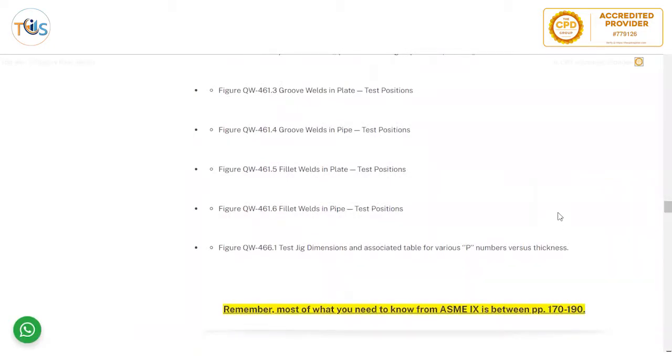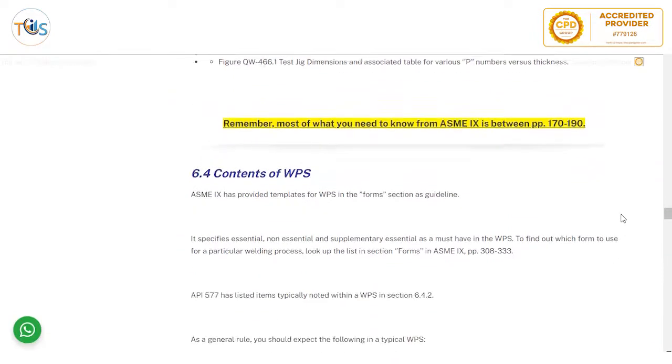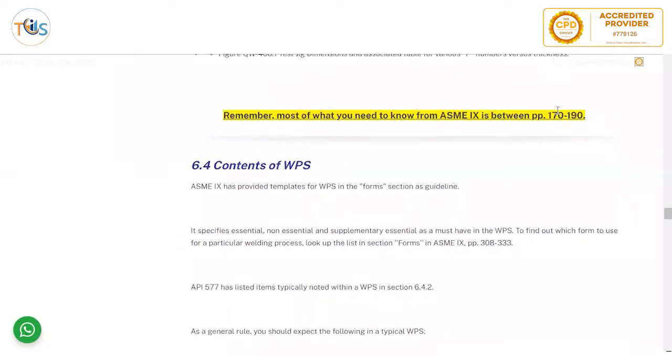Most probably you won't need these tables, but just for your familiarity, we have brought this and you can refer to them. Remember, most of what you need to know from ASME Section 9 is between page 170 to 190. So this is a good hint to remember that if you cannot find a